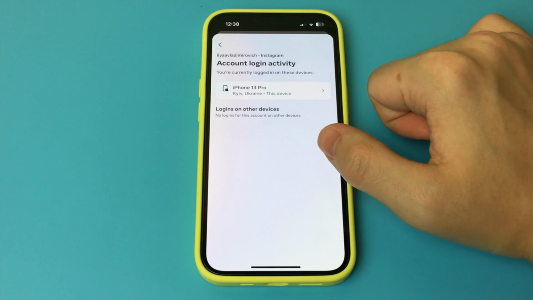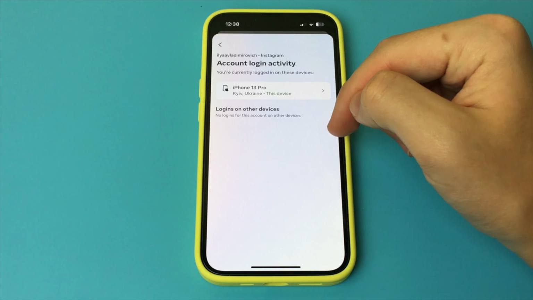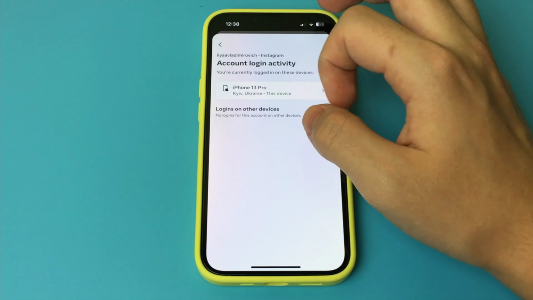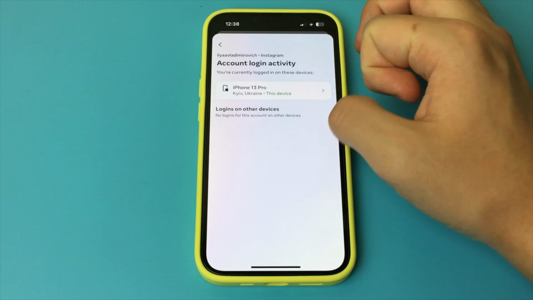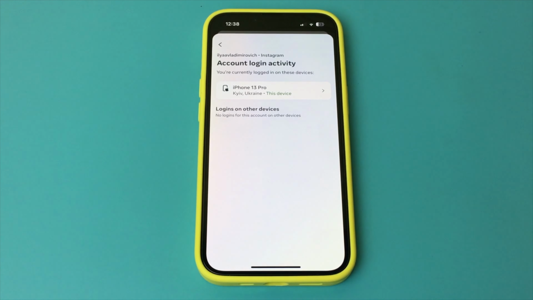To log out from a certain device, just click and delete it from the list. If you select multiple devices, you can delete all devices at once and log out from all those devices. As you can see, this is a very easy and quick way to do it. Done. There's nothing complicated at all.